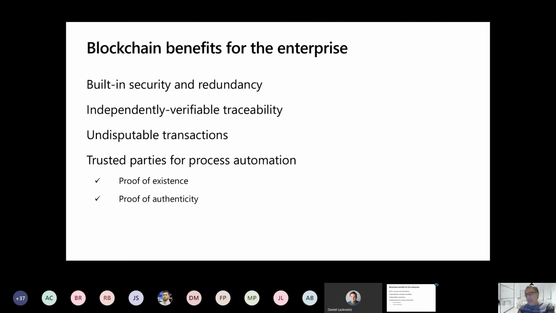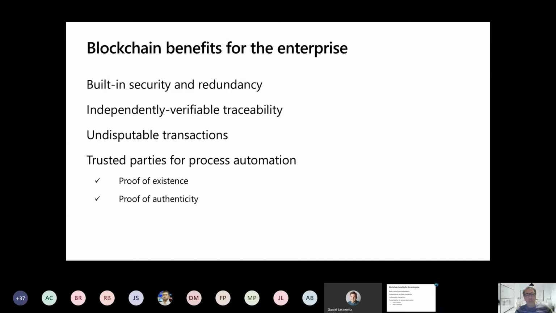Blockchain is somewhere else. It is a distributed network. I have a copy. You have a copy. John has a copy. Daniel has a copy. Raz has a copy. We all have a copy of it because we are all part of that network. So if my copy gets compromised, we can rely on everybody else's copy. So independent traceability, which helps to